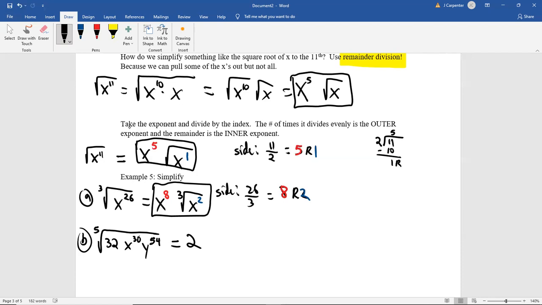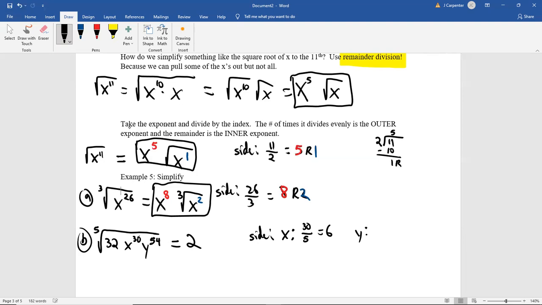But for the other stuff, let's do some side work. So for the x's, we're doing 30 divided by 5. 30 divided by 5 is actually 6. There is no remainder. So all the x's will go outside. I'm not going to split up 2 x's. It's just going to be 1, and they're all outside. You can write R0 if you want, but then you might put x to the 0 inside,